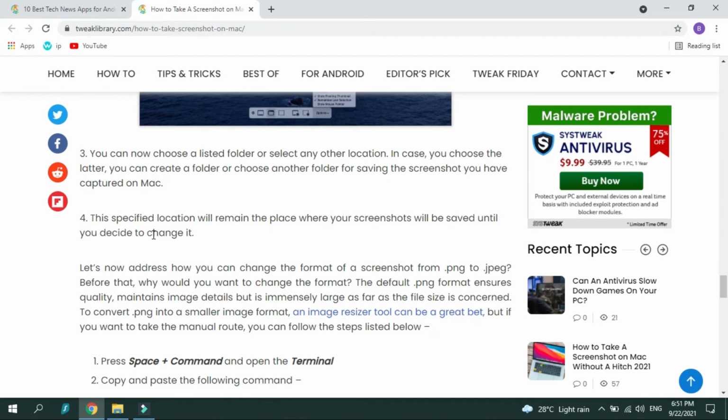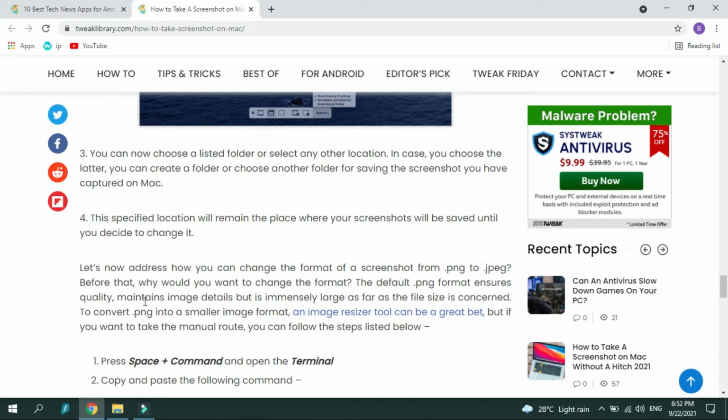In case you choose the latter, you can create a folder or choose another folder for saving the screenshot you have captured on Mac. Number 4. The specified location will remain the place where your screenshot will be saved until you decide to change it.